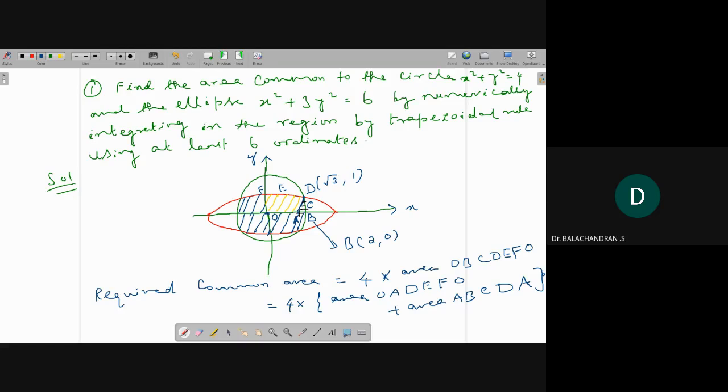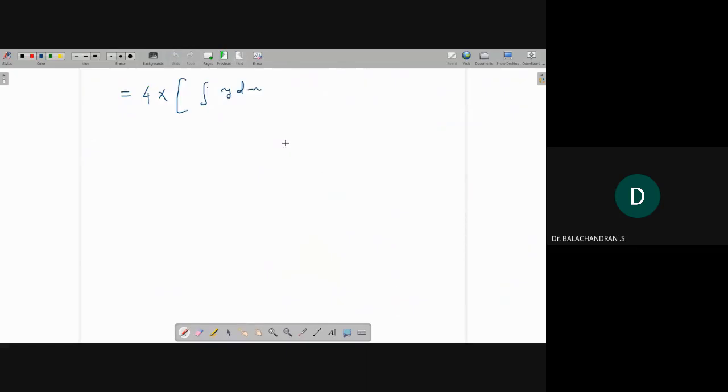So in this yellow region, x varies from 0 to √3, plus